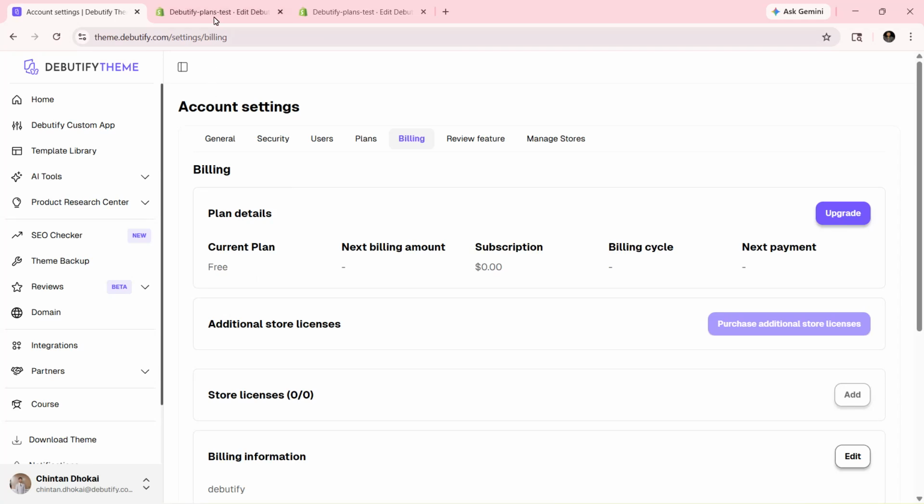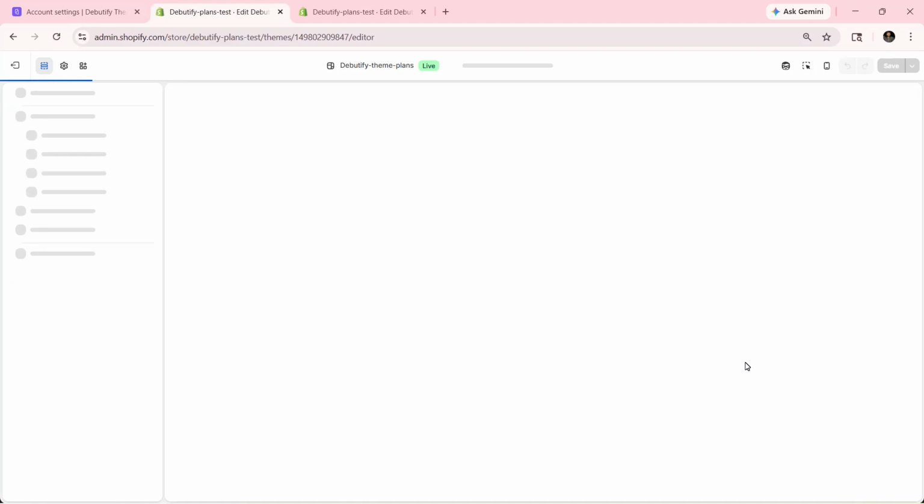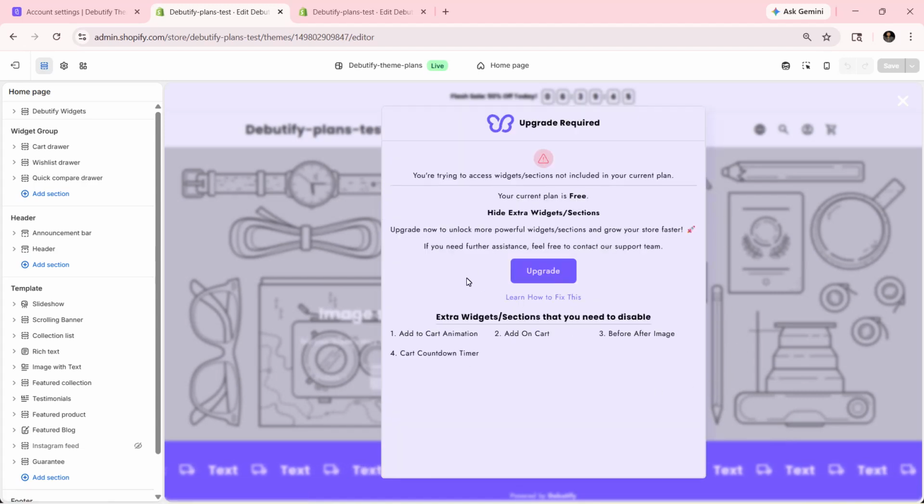Now, go to your Shopify admin and click on Theme Editor to open the theme Customize. This pop-up usually appears when widgets or sections are enabled in your theme that are not included in your current plan. For example, if you're on the Growth plan and Professional or Enterprise widgets are enabled in your theme, the